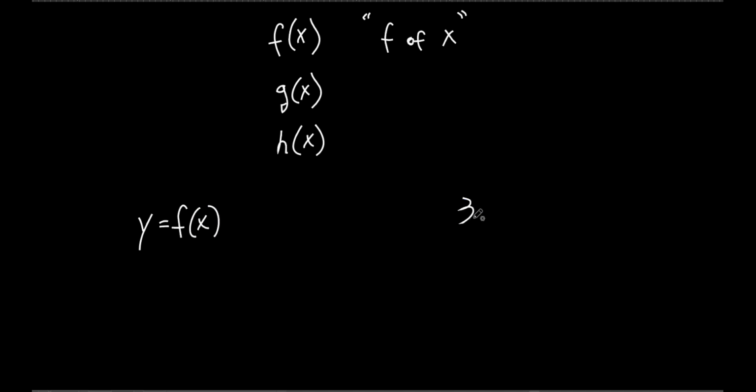So for instance, if I said y is equal to 3x plus 2, right? You've seen stuff like that. We've graphed stuff like that before, right? Slope, y-intercept. We did it in geometry. I know you did it in Algebra 2. You can't tell me you didn't do that, all right? So we could replace the y with what? f of x,